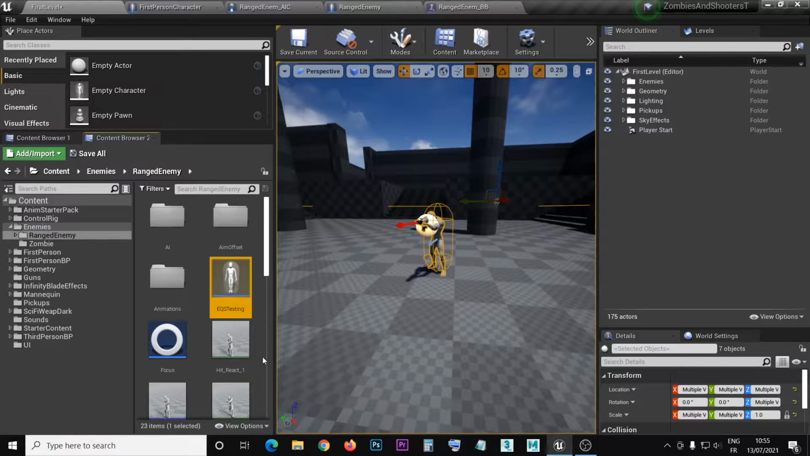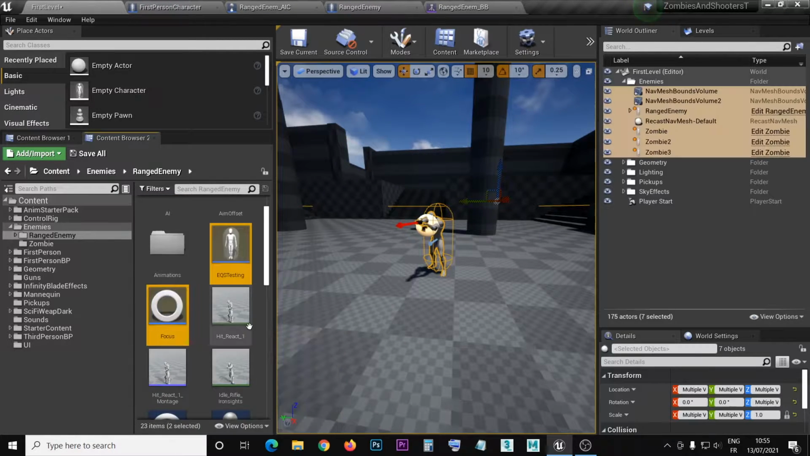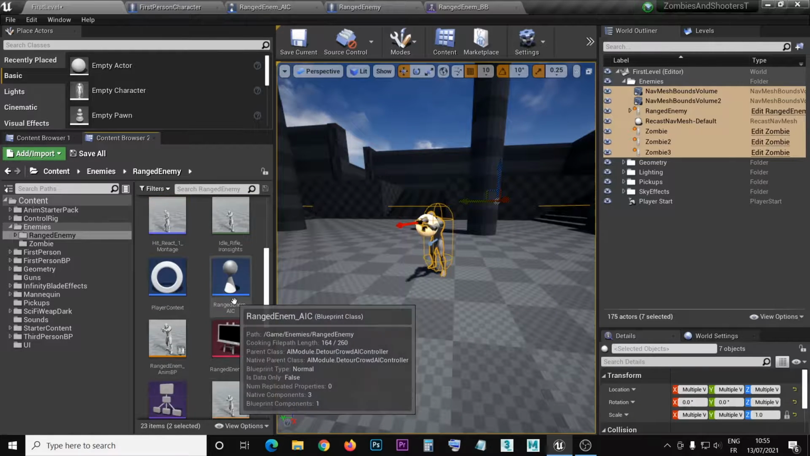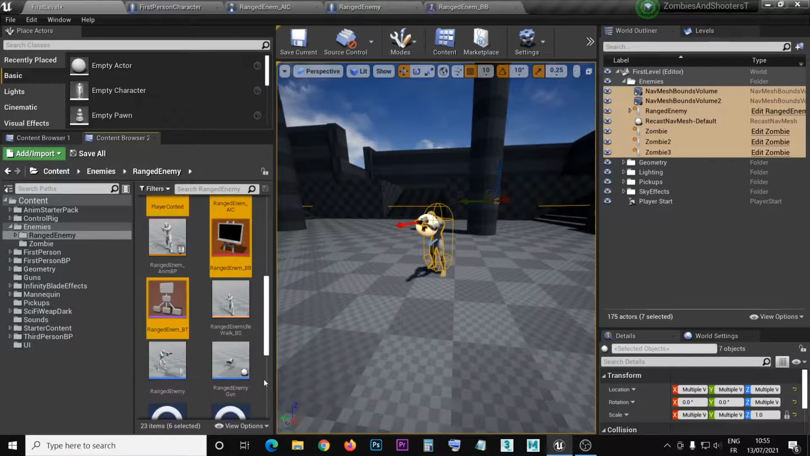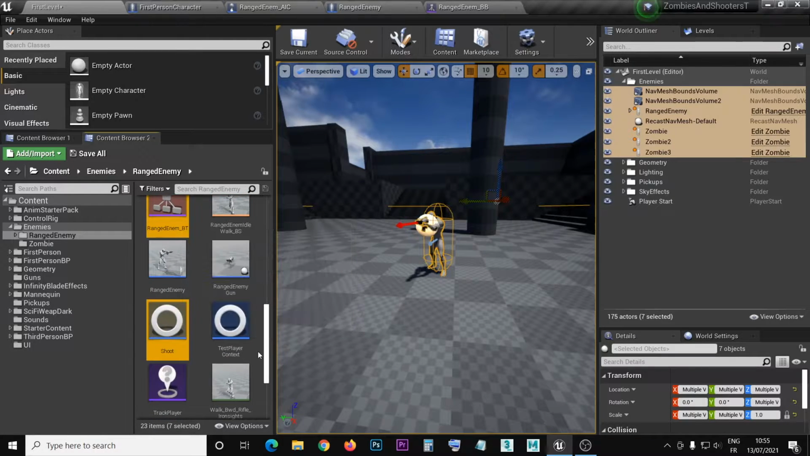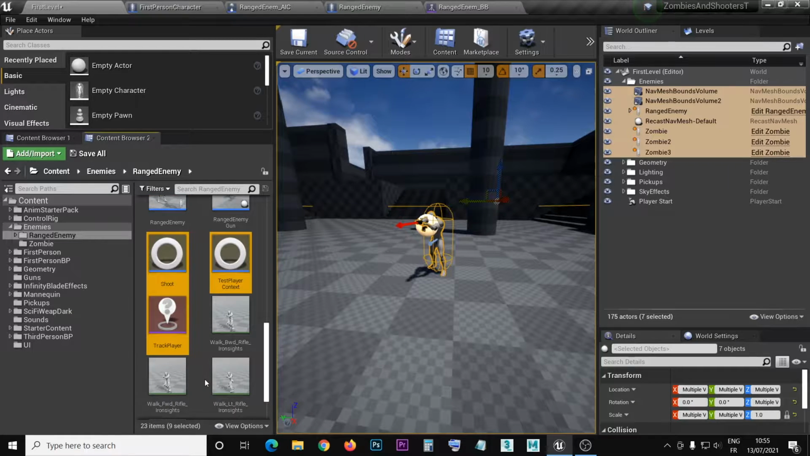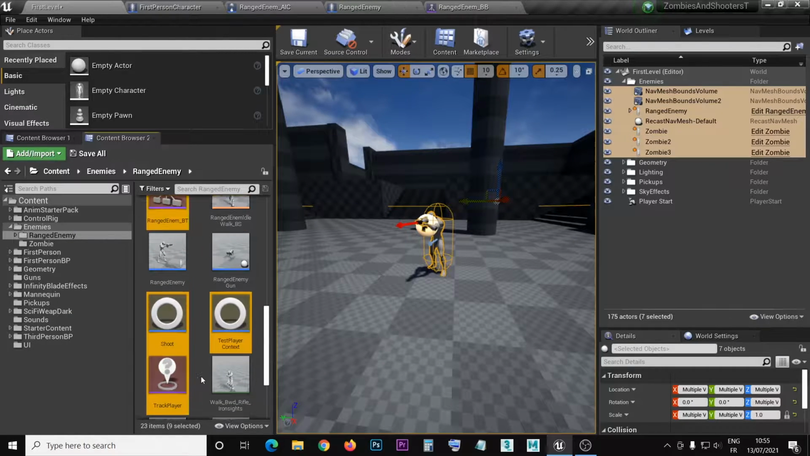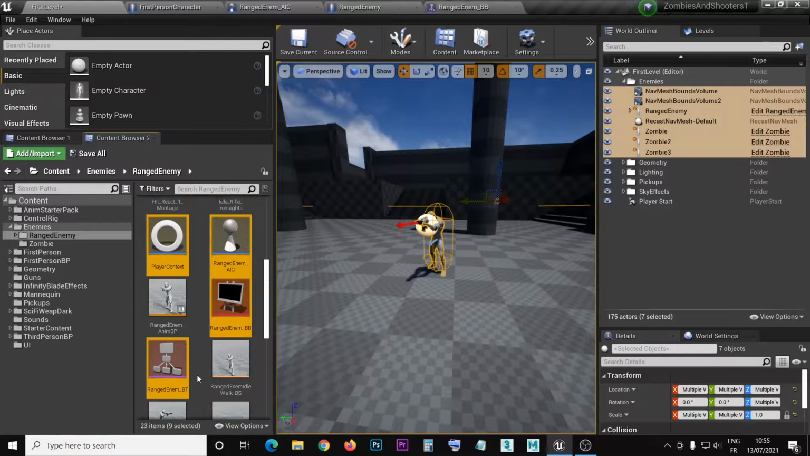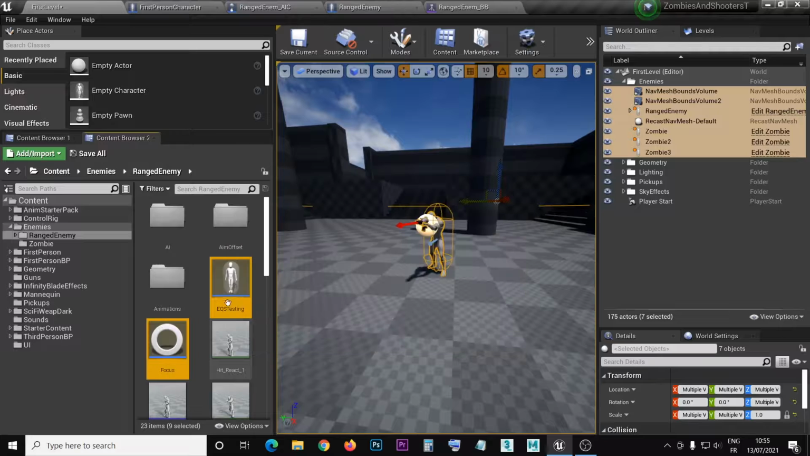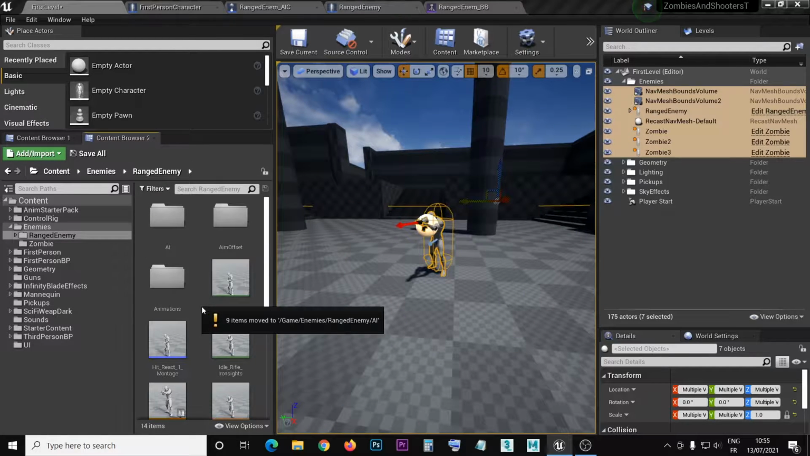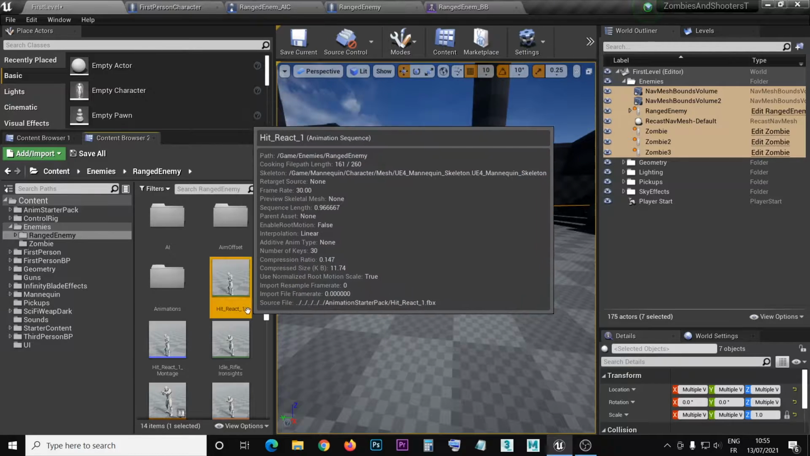Then I'm gonna select all the AI stuff: controller, player context, blackboard, behavior tree, fit shoot AI task and the test player context, track player, all this AI stuff, assets, and I'm gonna move them to the AI folder. Move here. The rest are animations and